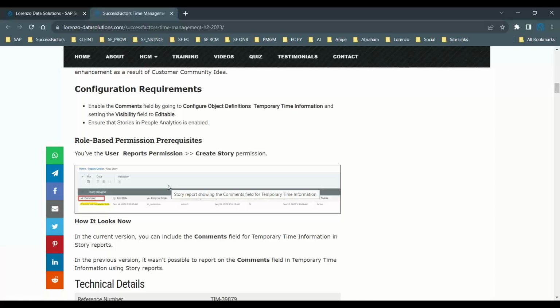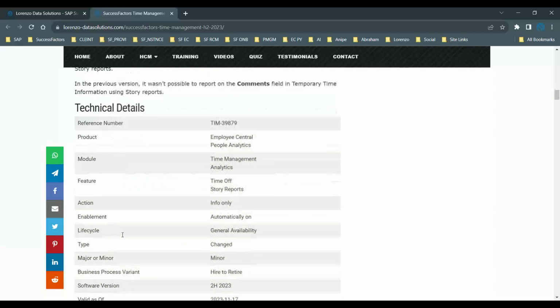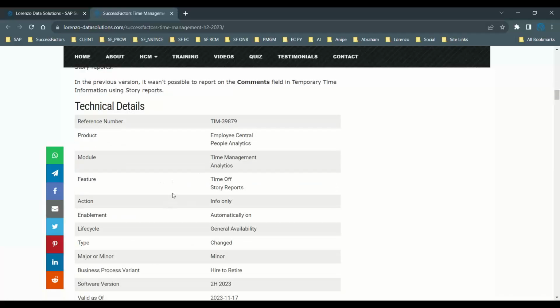So if you want to include the comments field in the story report, then you should first enable the permissions in RBP, like the report permissions, create story report permission. Then when you generate, you can include the comments field, and whatever comment is provided in the temporary time information area will be included, and you can generate the reports. Now it is absolutely possible. So here are a few of the technical details, and this feature is mostly useful for time off and story